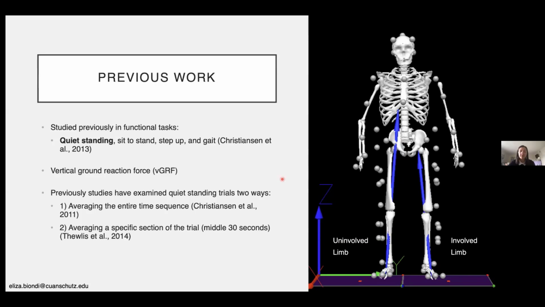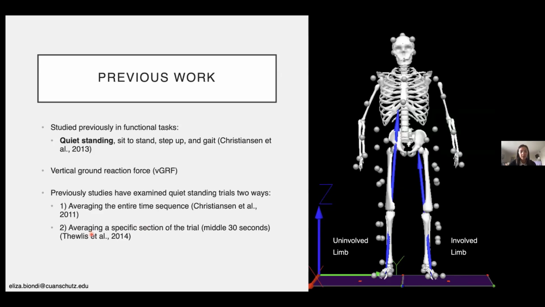Studies that have previously looked at weight-bearing asymmetry in terms of quiet standing have approached these data either by averaging an entire time sequence or averaging just a specific section of the trial. And when I started reading about this, I just thought it was kind of funky that there were two different ways to approach the same data. This study